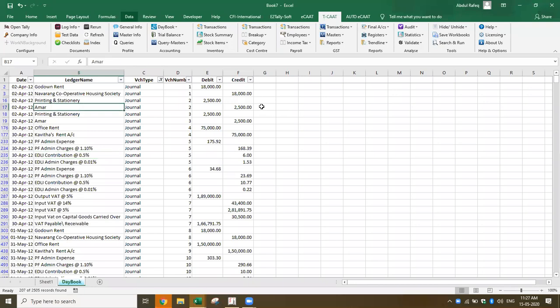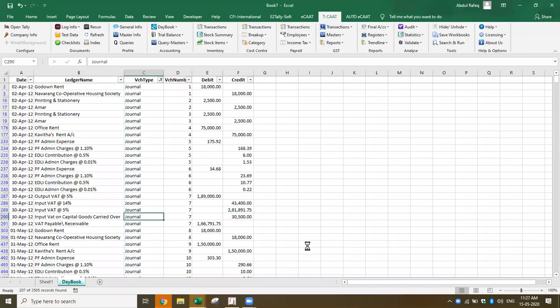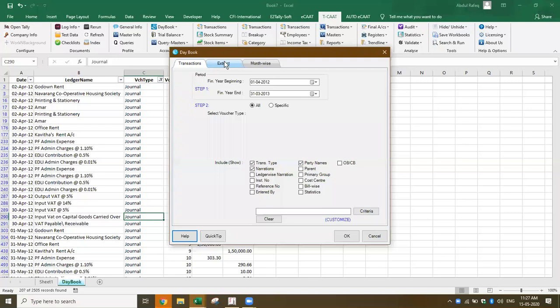For example, let's say you're doing analysis of, let me come back to TCAT here. Now we did this for the day book. Now I'm interested not in day, let's say I want to audit only, pick up all the ledgers transactions pertaining to ESI or PF. Here in this case, I go to extract. Now in extract, I can select accounts based on a particular parent. Now if you see parent, it tells me these are all the parent accounts which are available.